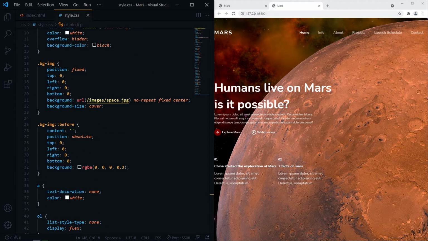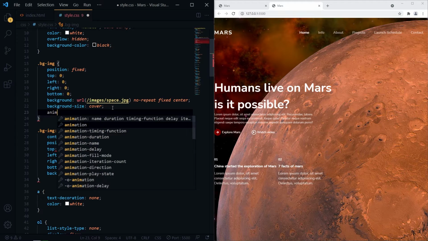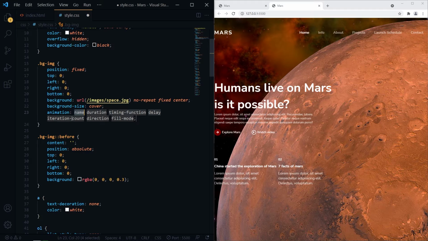For the background image, we need to zoom in and zoom out. For that, I will give it name scaling, duration 60 seconds, timing function linear, we don't need any delay, and iteration count infinite.